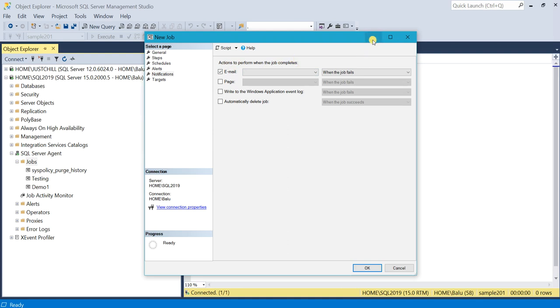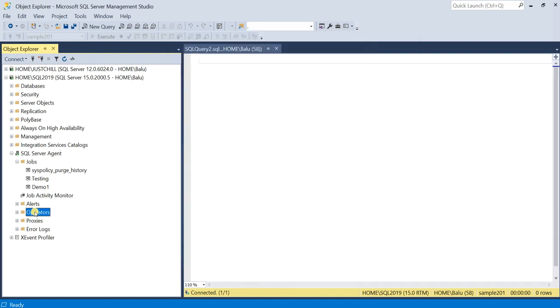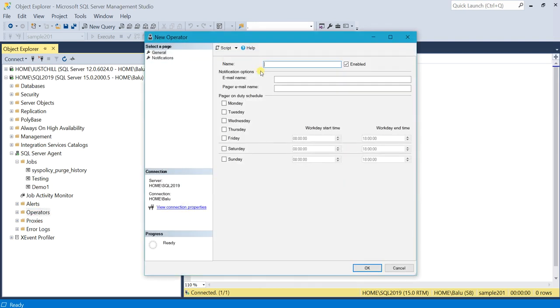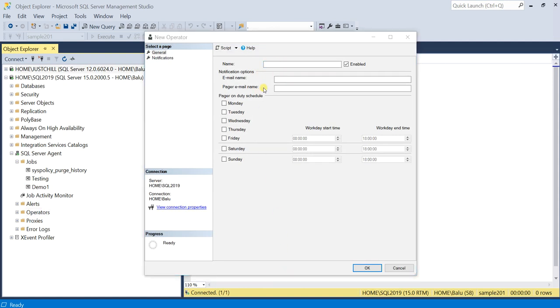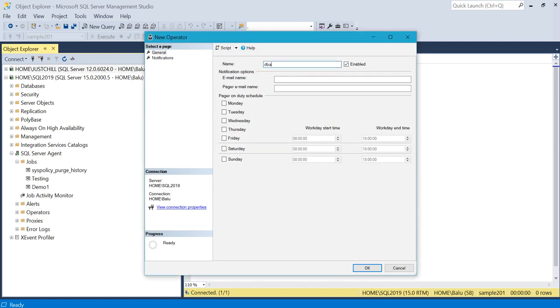Let me minimize this, and here you have Operators. Right click, New Operator. You need to write the email address of the recipient. Give the name and email address.